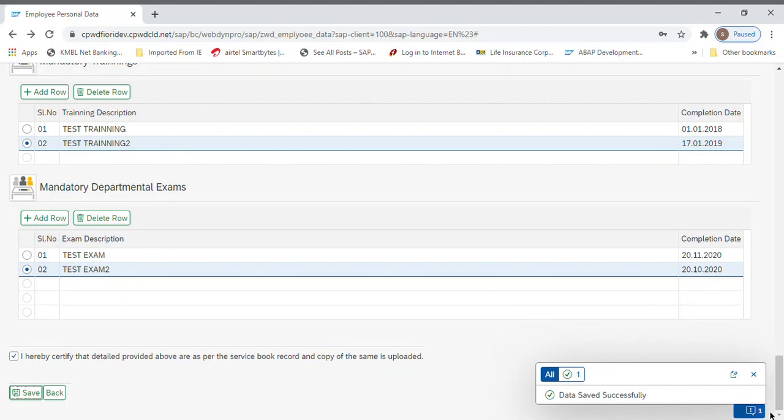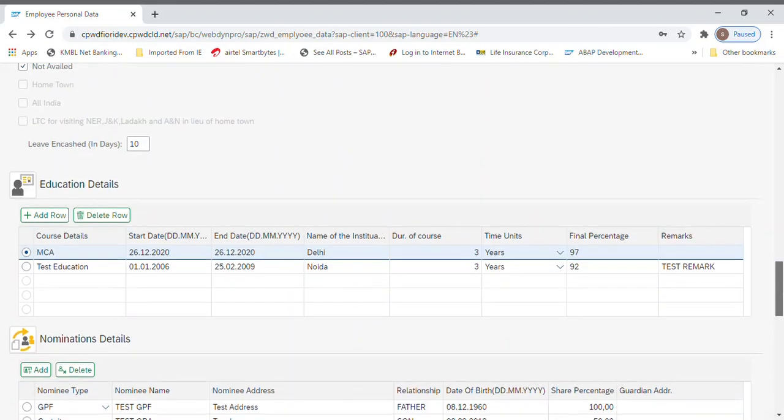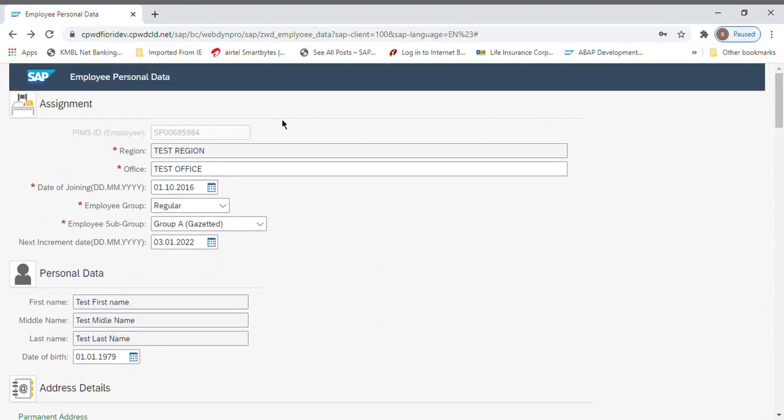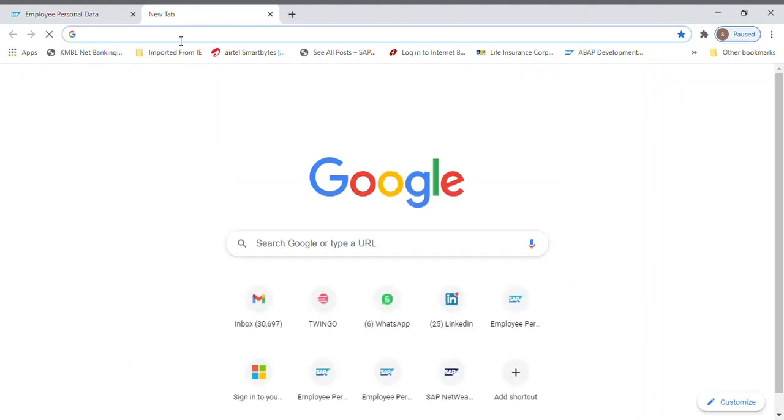Now this data I have saved. So now this data has already flowed to the checker. So last time, if you remember,